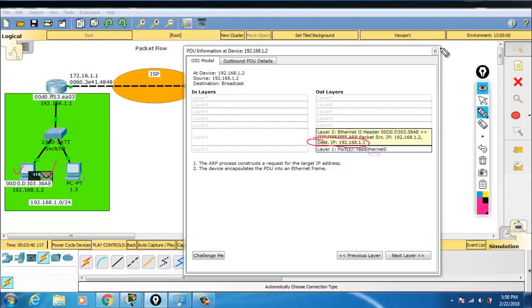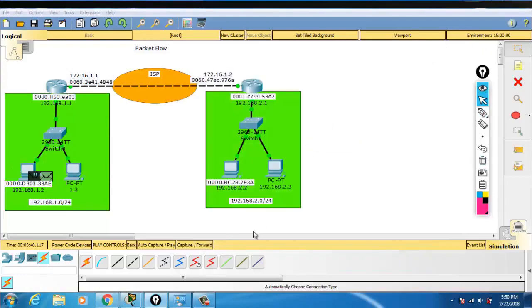The router is going to respond with an ARP reply. This will be received by all the devices in the network, but the device having the IP 192.168.1.1 is going to reply. Now this computer knows the MAC address of the default gateway.